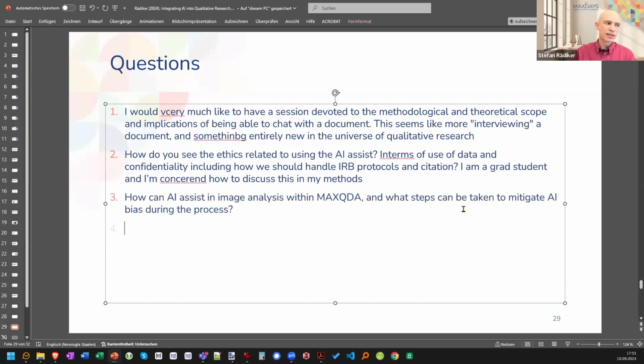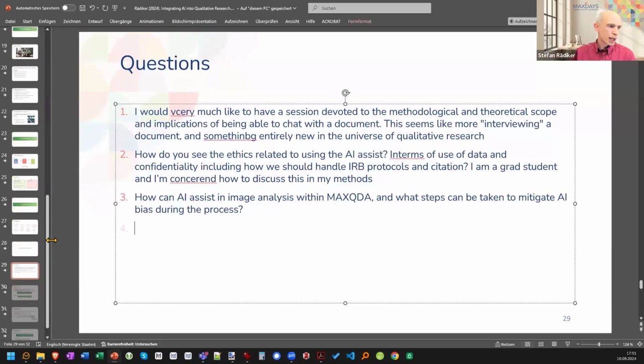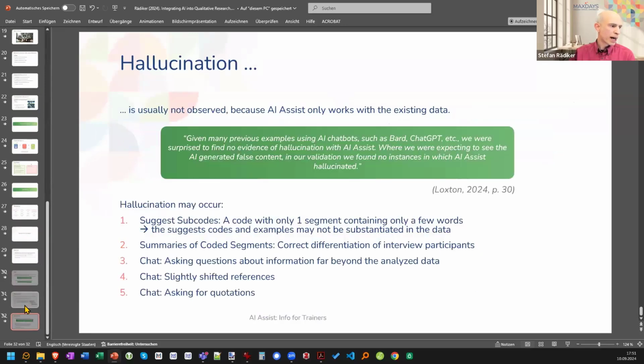How can AI assist in image analysis with MAXQDA, and what steps can be taken to mitigate AI bias during the process? So here we have two questions. AI Assist is not capable currently of working with images. It works with text only. Image support may be added later. And then there is the question on bias and